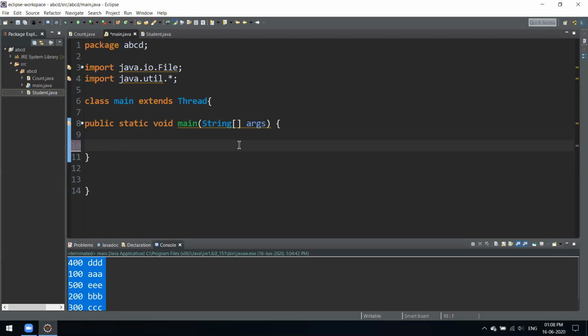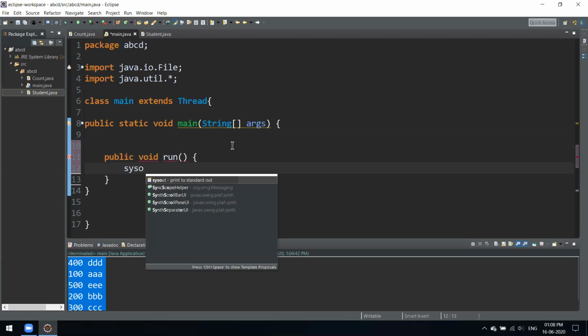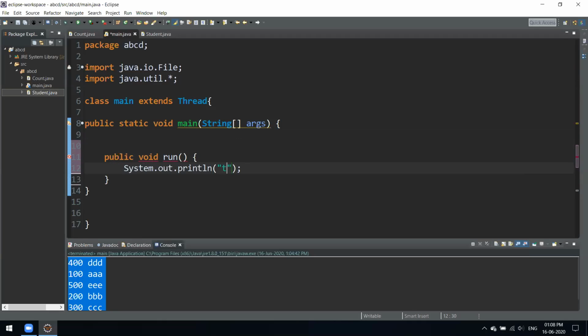We'll start with a very basic example. We'll see how to use the run method of threading. So we have a run method over here. We have to name that method run. And here we'll just print out, this thread is active now. What we are doing is seeing how to make a thread active, how to trigger a thread.